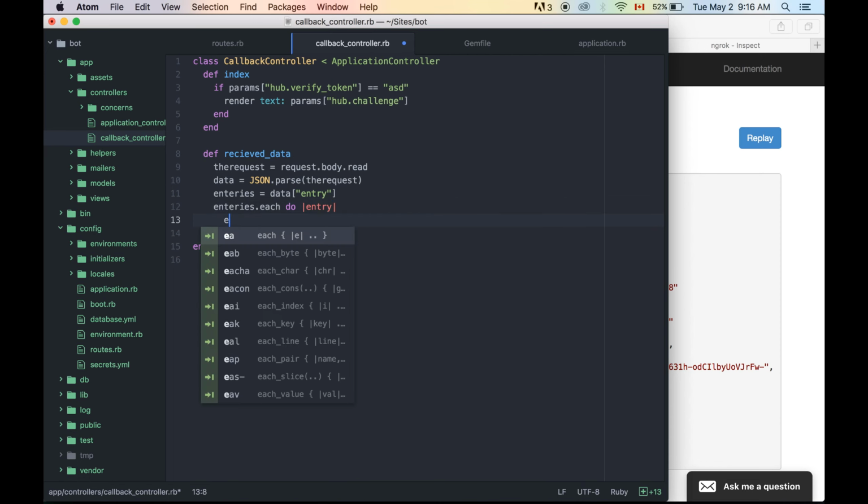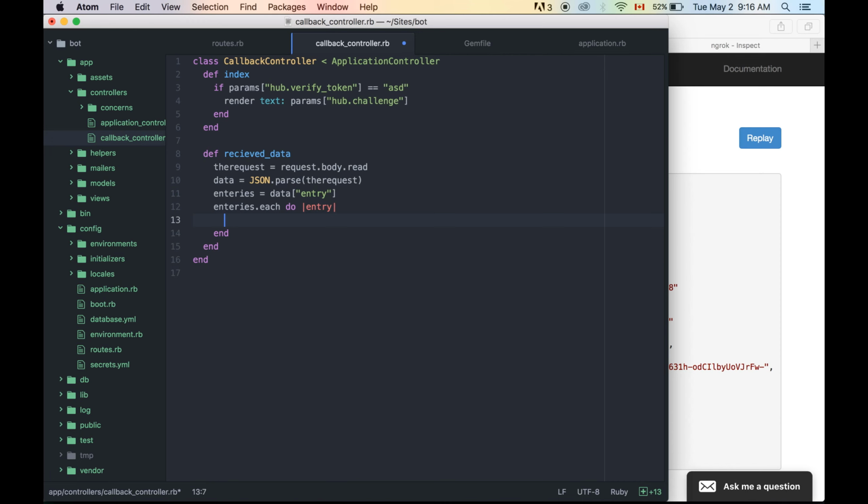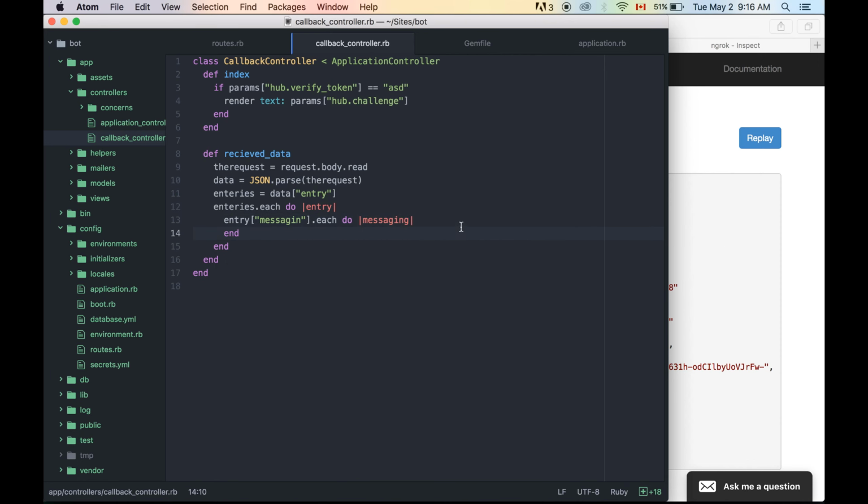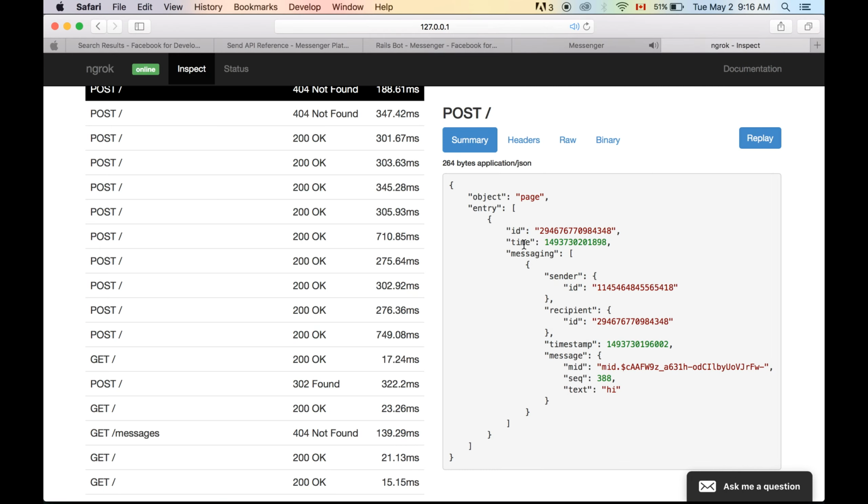entry, and let's close this one, and okay, great. And inside this we need to get messaging, which is also an array. messaging.each do messaging. Yeah, let's close this also. Okay, great. So right now we are inside messaging, so we need the sender ID and we need the